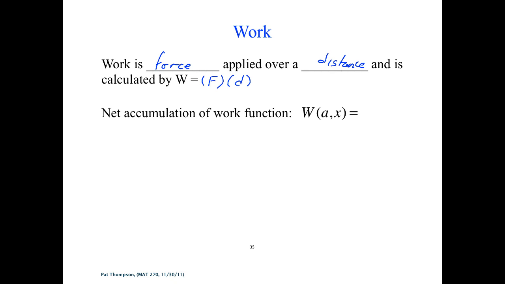Let's see here. Kellen, what do you think? No, see if you can do it from your head. Right. So it's going to be the integral from a to x of whatever the rate of change of work is, right? This is the same thing over and over again. If we want to create an accumulation function for some quantity, we know it's going to be